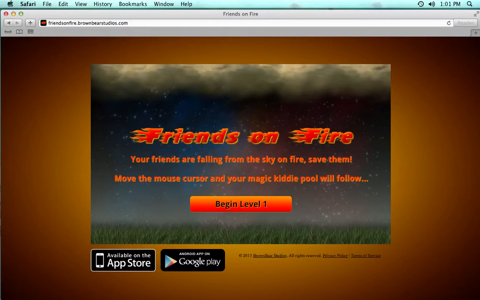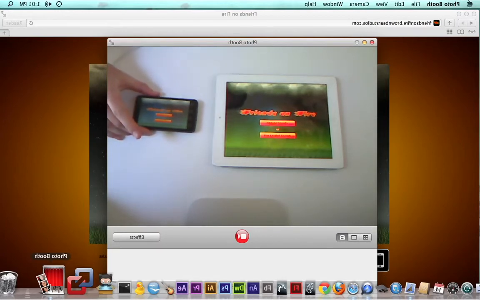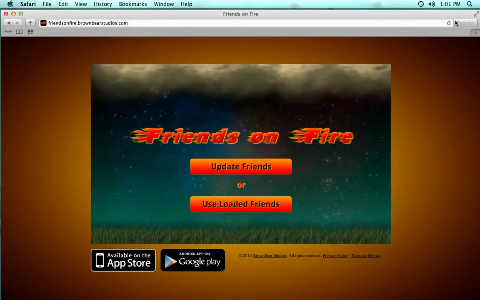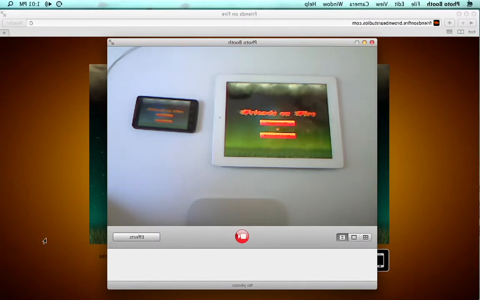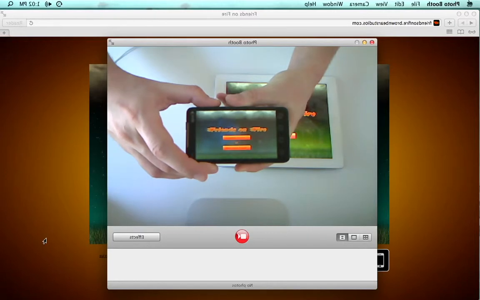There's a couple other features on the mobile version here. One thing it does, I'll show you this on the web version. When we play again, it keeps the friends that you loaded the first time, so you'll have the option of either updating them or just go ahead and use your loaded friends that you've already used, which again on a mobile device allows you to actually play the game offline once you've loaded things once. But if we go ahead and use loaded friends here,